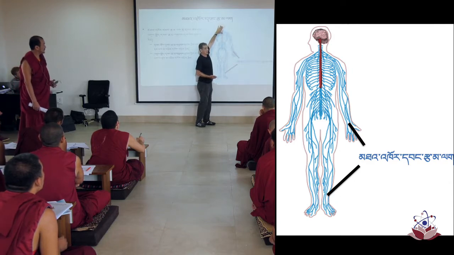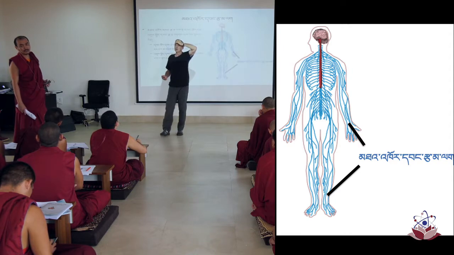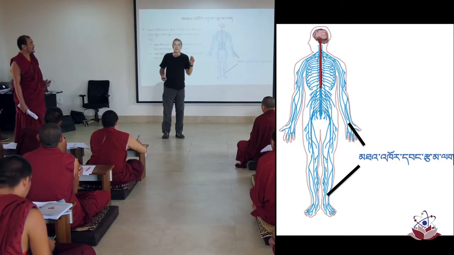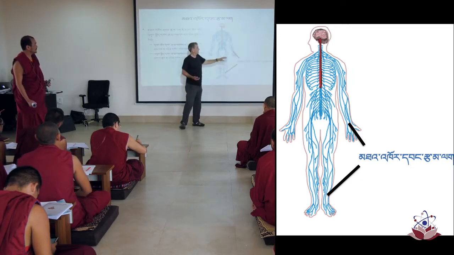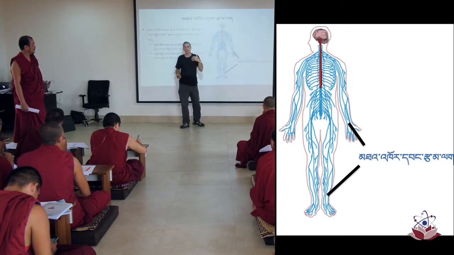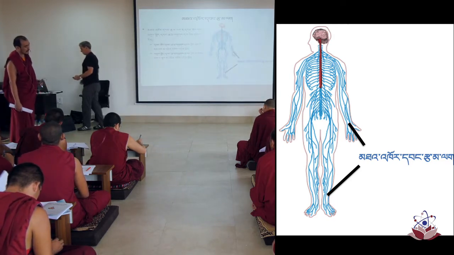and the brain, and together they're called the central nervous system. But the touch neurons are in the